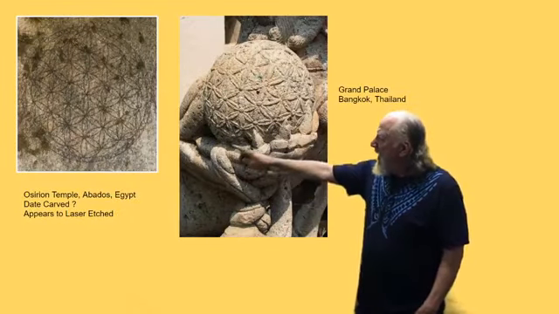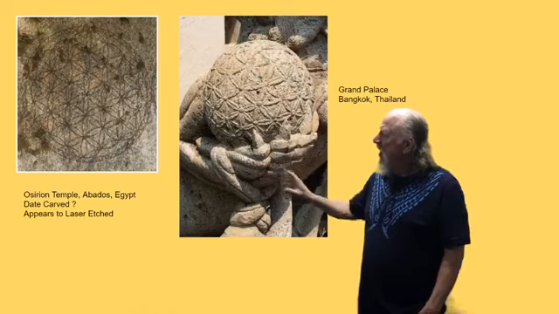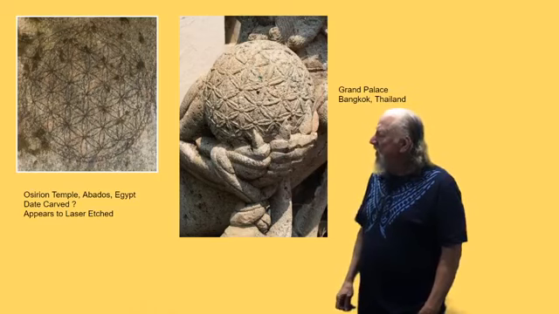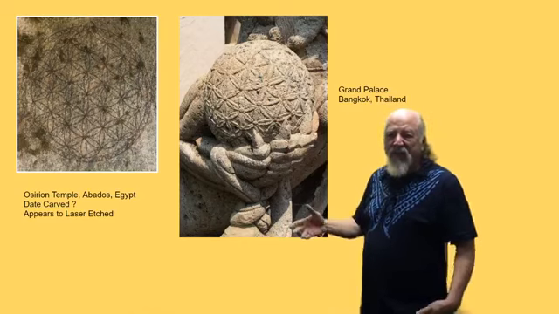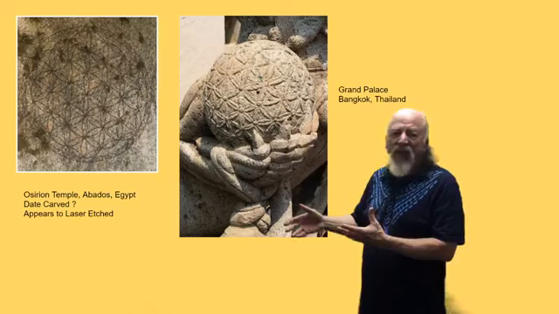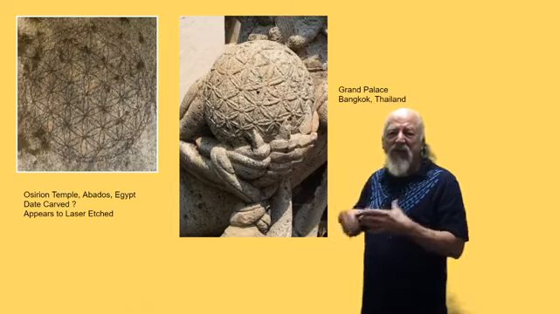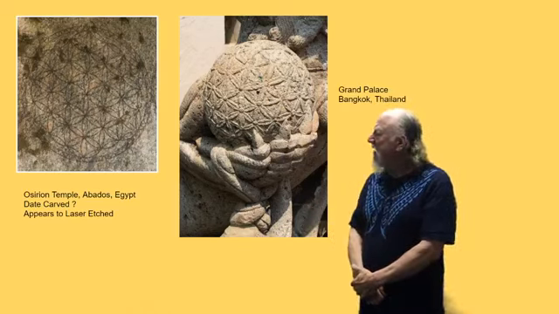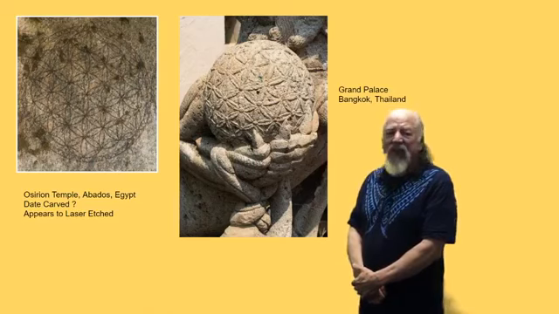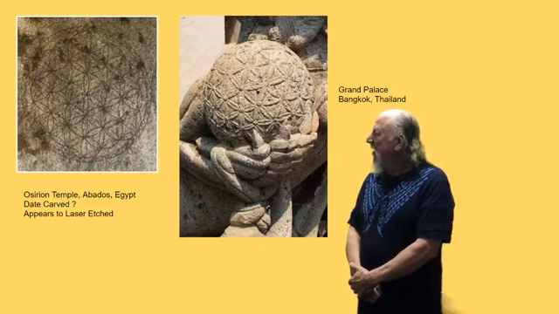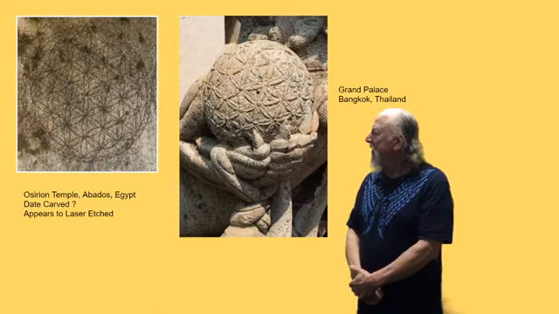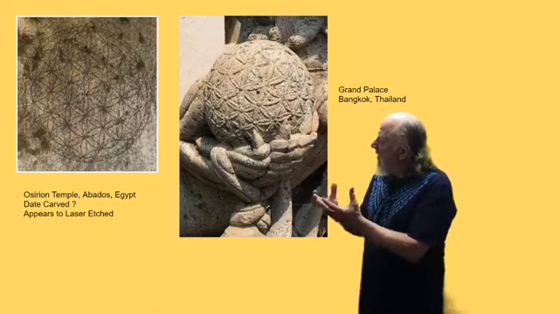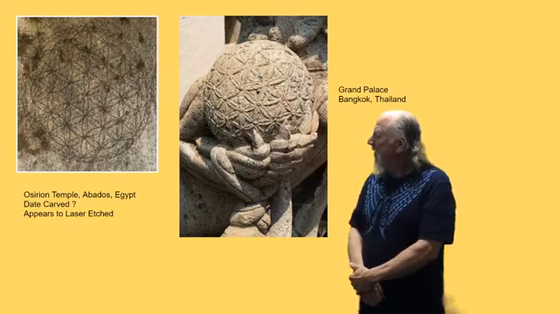The one on the left is the oldest known carving of it in stone. I've heard as recent as 5,000 years and as long as 20,000 years. They can't really tell for sure because it's difficult to carbon date stone. But it appears to have been laser etched. To carve something like that with hand tools is kind of ridiculous. You can't get that level of precision. And the other one is more of a 3D representation